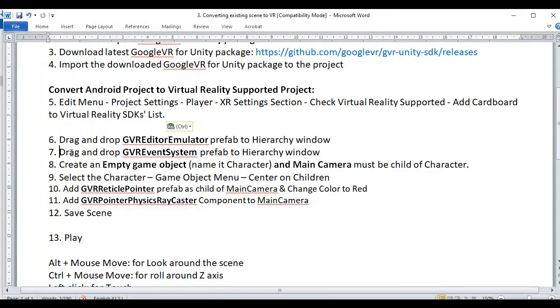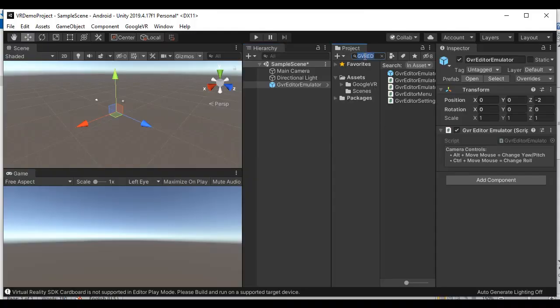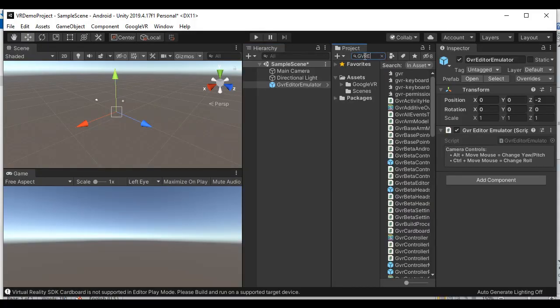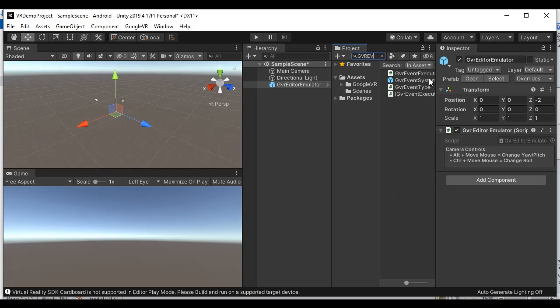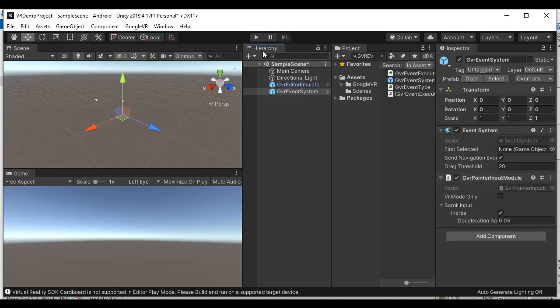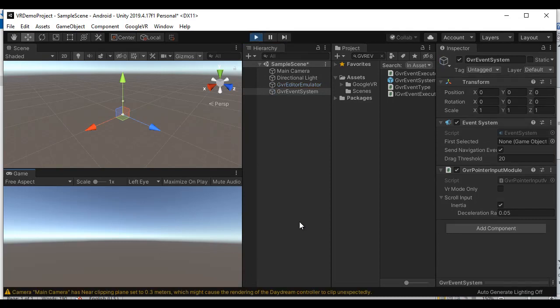Also, we are going to drag and drop GVR event system prefab to the hierarchy window. We are going to search for GVR event system prefab, drag and drop it to the hierarchy window. It is responsible for handling all the events triggered. If I click on the play button, now our normal Unity scene is actually converted to VR scene.